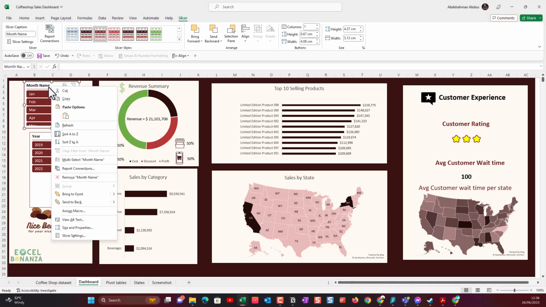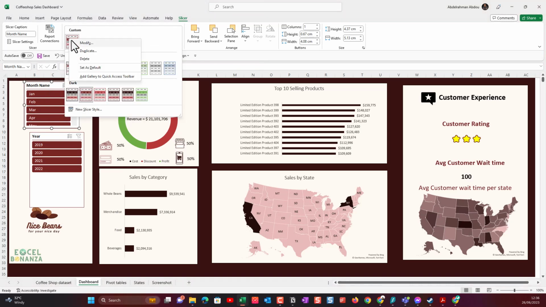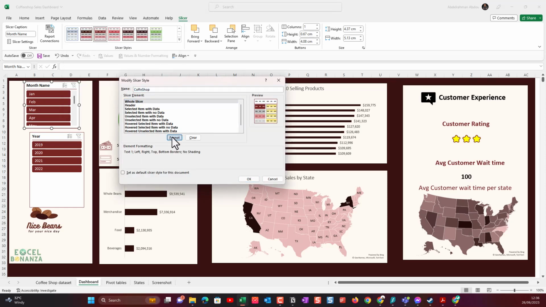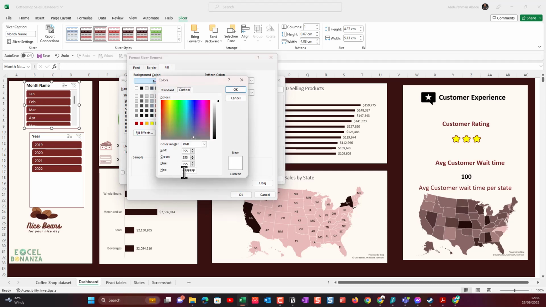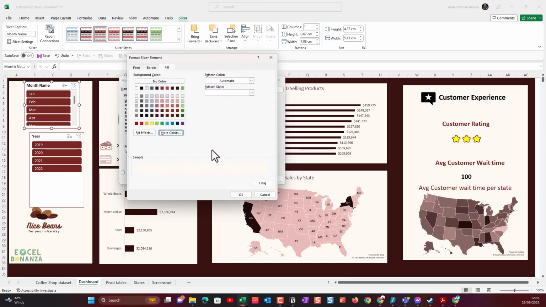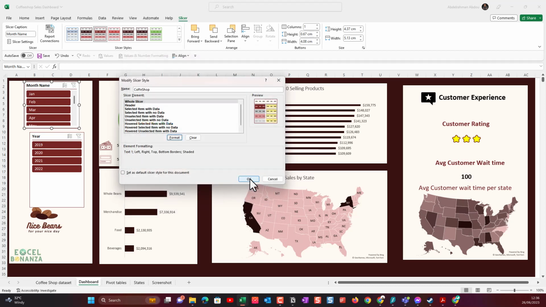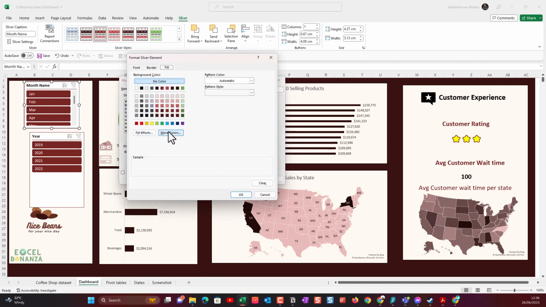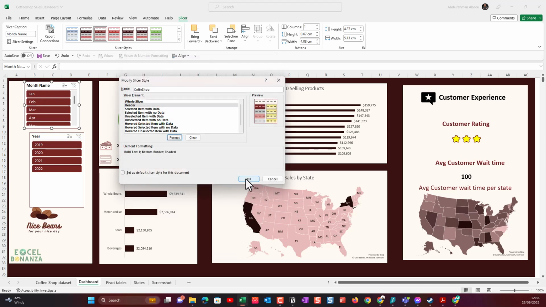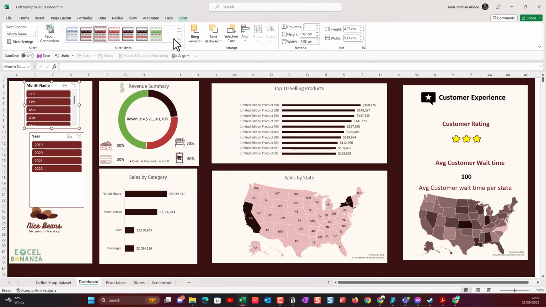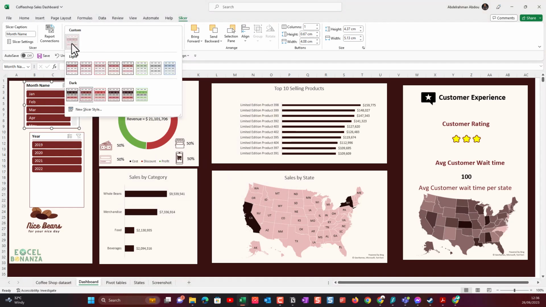So I'm actually going to go again to my custom slicer style that I created. So right click, modify, and for the whole slicer, I'll make the fill color the same as my background, right? So if I make this fill color the same as my background, and for the header as well, I'll make the fill color the same as my background. And I believe that's pretty much it for the changes that I've made. So I'll use this custom